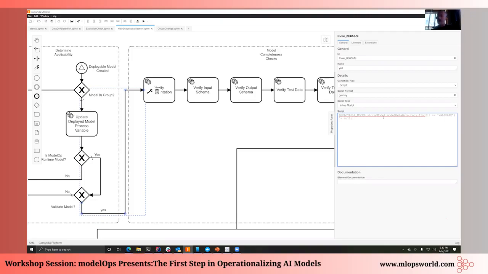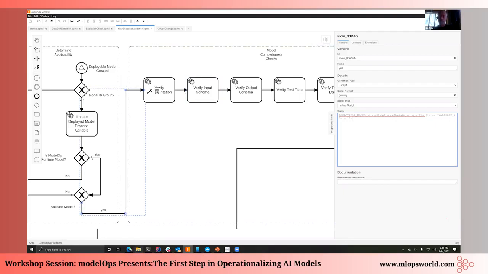So for instance, we're going to look at tags for specific things. What we typically do here is look at a business unit and say, well, for models that are headed to this location, we run them through this kind of life cycle. So that's the determine applicability part, because across the board,